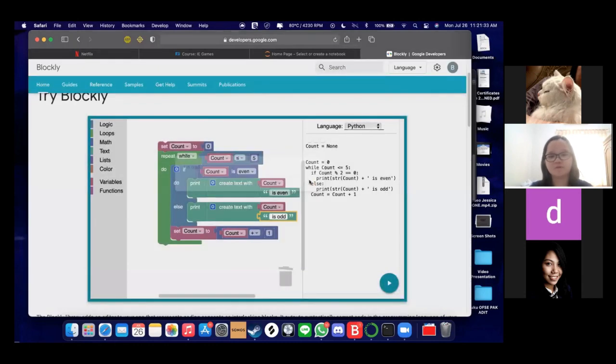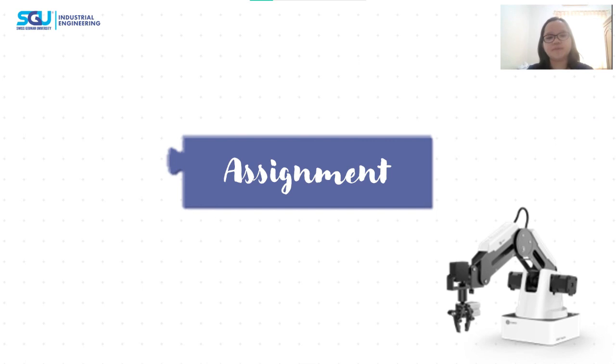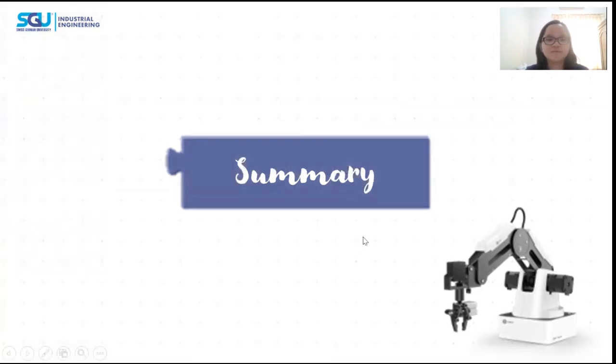So you have seen the example from your friends and have learned how to create a program with Blockly. Please submit the program and a little explanation of your program, maybe 1 to 2 paragraphs, in the LMS. Then, if you have questions, you can also ask in the forum in the LMS and I will try to answer as fast as possible. To sum up, today we have learned about Blockly and how to construct blocks to create a program.